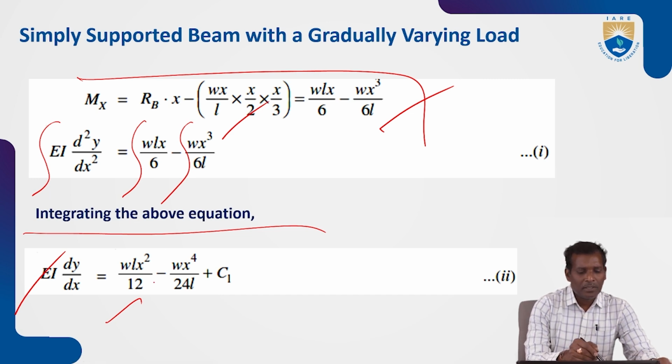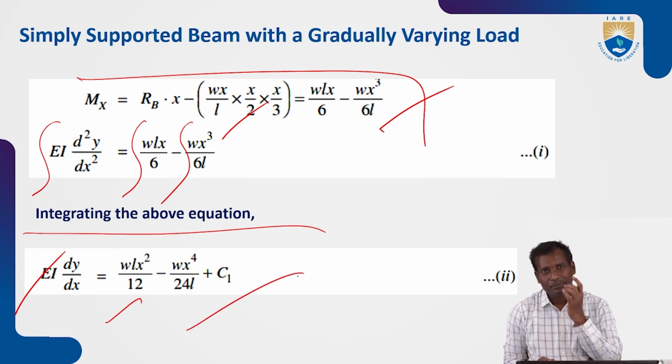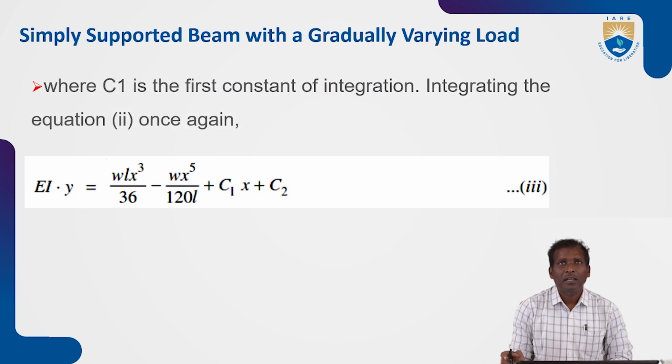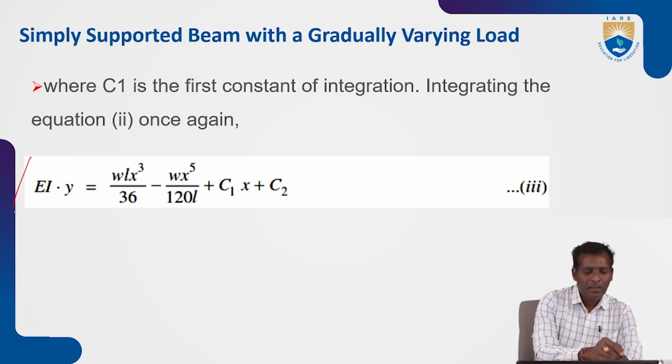So EI dy by dx is equal to WLx square by 12 minus Wx to the power of 4 by 24L plus C1. So find out this first constant C1 by using boundary conditions. Integrating the equation once again, you will get